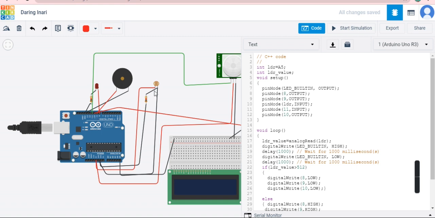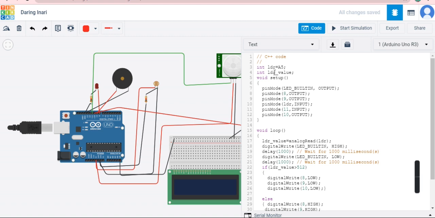Then I connected the LDR because it is an input. The input I have given to this portion, which is connected to A5, sorry, A5.